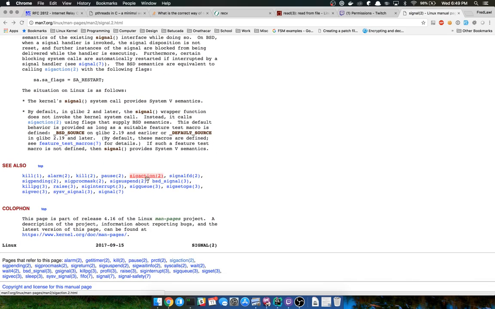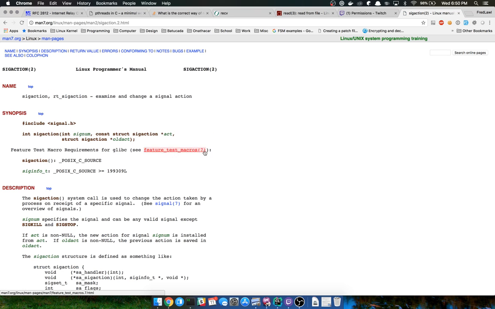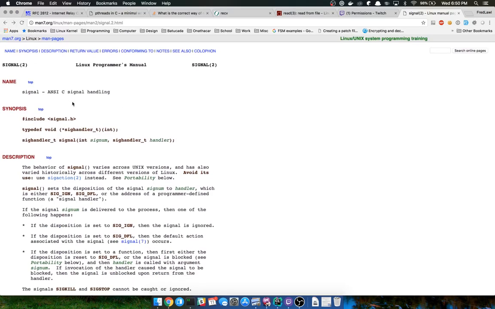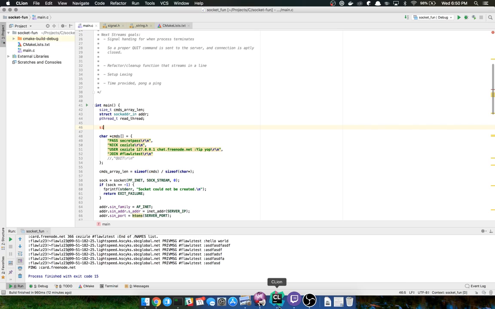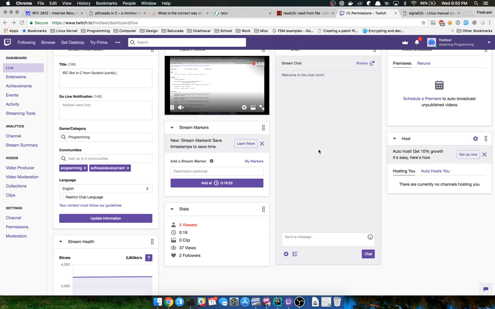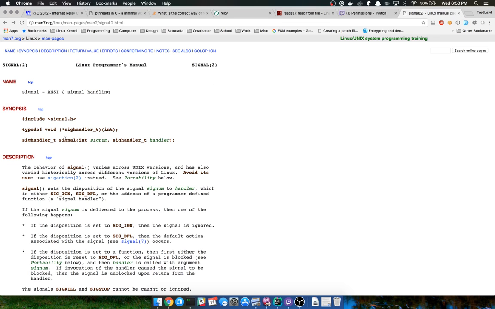What else we got? Sig action, sig suspend, BSD signal, whatever that is. I'm pretty sure I'm on the right function, but just in case, let's see what sig action is. Yeah, no, definitely not that. Signal handling. So, okay, I just want to double check. I'm not looking at the comments, and I don't think I can read the comments if there are any. Yep, no comments. So hopefully you guys aren't hounding me too bad on that.